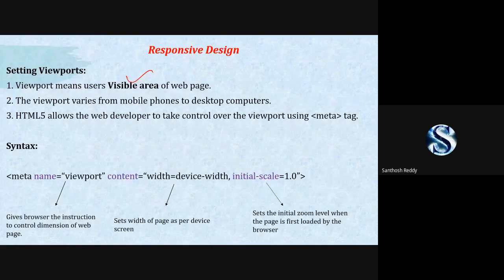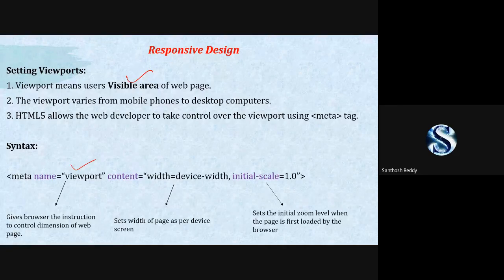In the sense, it gives an instruction to your browser to control the dimensions of your web browser.